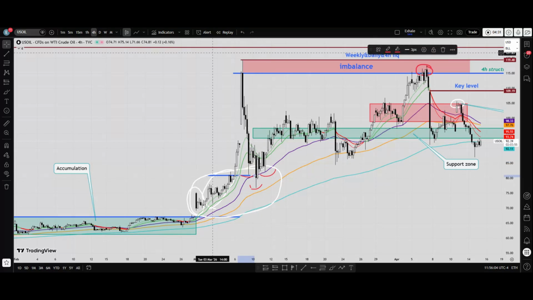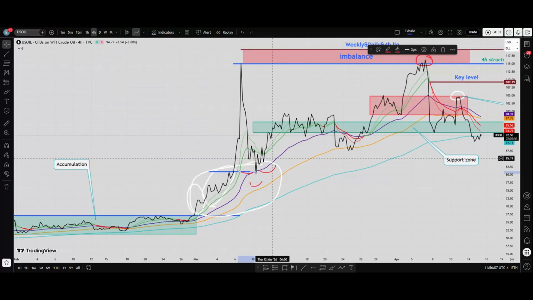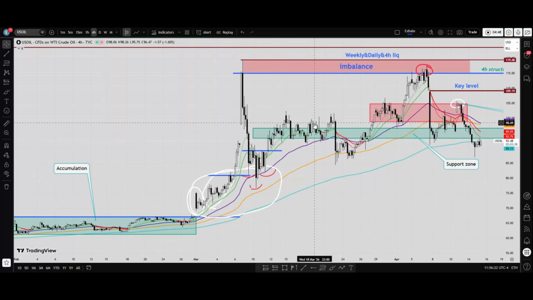Like you see that inverse head and shoulder. Let me put it in a linear chart for you to visualize it better. So you have this inverse head and shoulder. We broke out of it here at this area. If you just do it like that, we broke out of it and then accumulated again here,